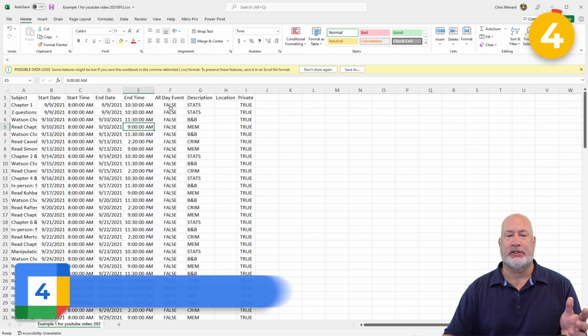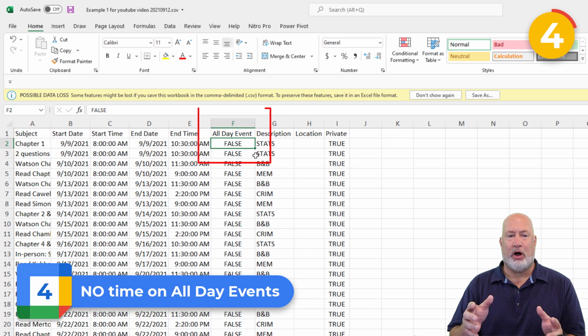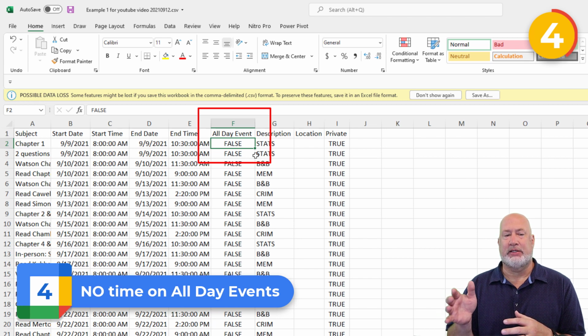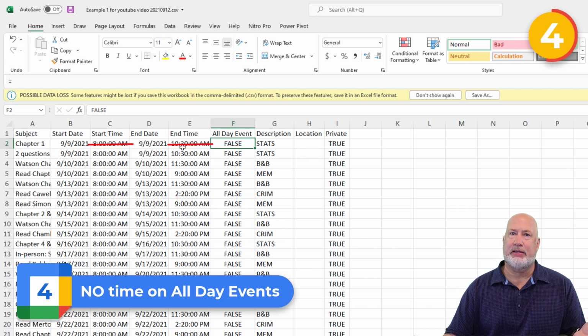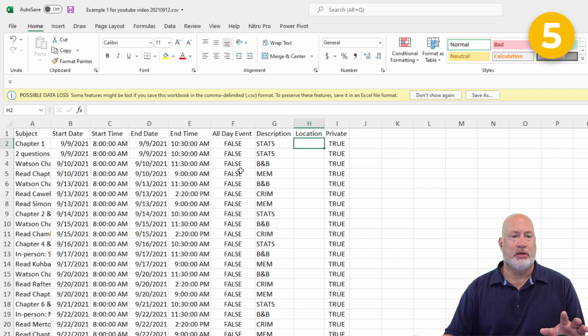Troubleshooting tip number 4 that I see is it says right here, is this an all-day event, and it's set for false, which is correct on this spreadsheet that I have, on these dates that I have. I have seen this set, is it an all-day event, set to true. If it's true, there should be no start and end time in here if this is true. Your description is a text field. You can use it whatever you want to, so that's not a tip. I'm just telling you. Private means it's only for you. This is either true or false. And you can use the location field, which is also a text field. So there are those tips.